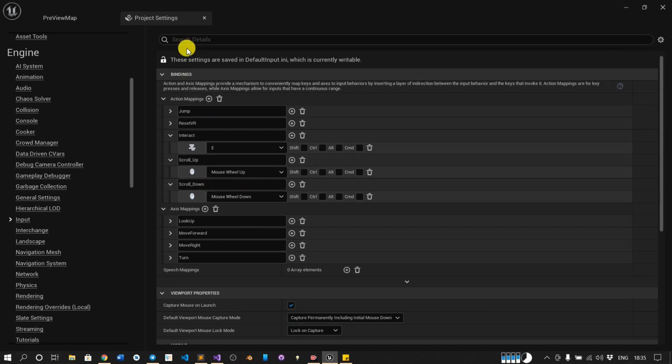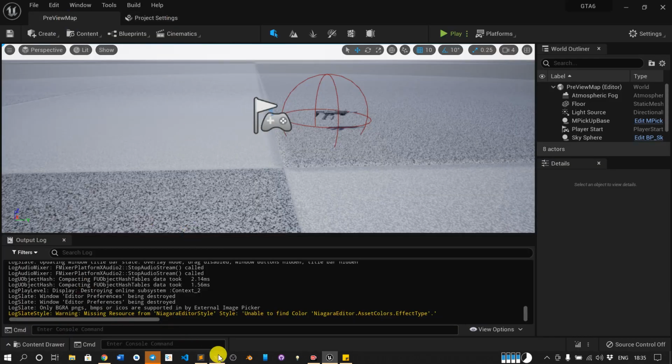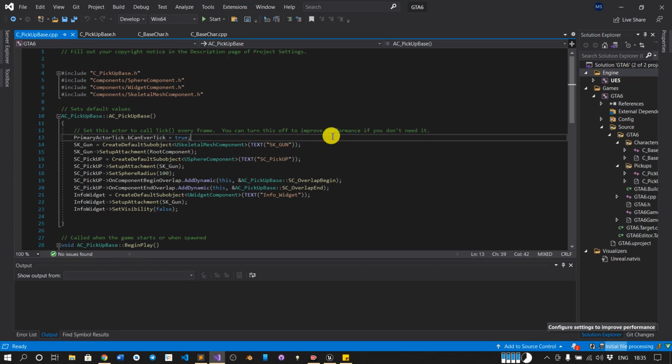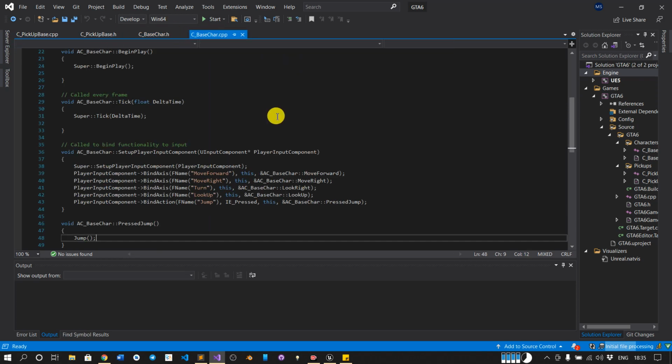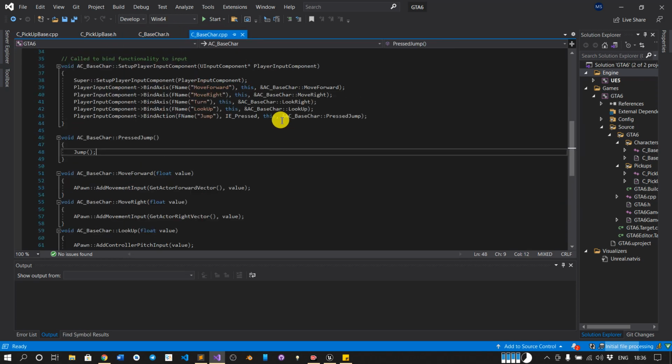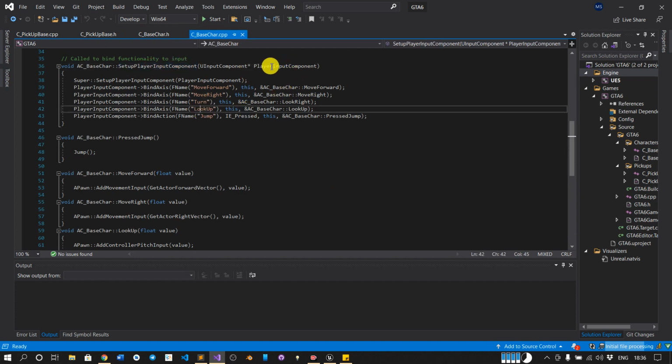Okay, so we have put the interaction keys, and we will now write the code for the binding. So this is our Visual Studio Code. First thing to notice: if we go to our character class, we have a function called SetupPlayerInputComponent, and we have this variable PlayerInputComponent. But we don't have this function in our actor class.